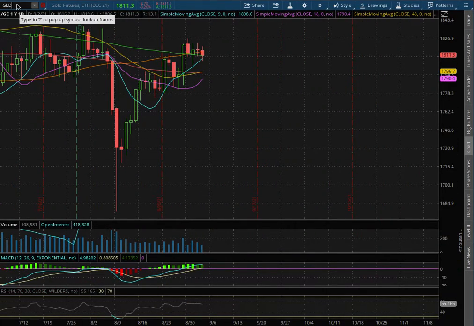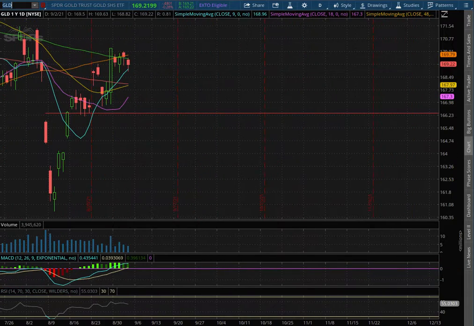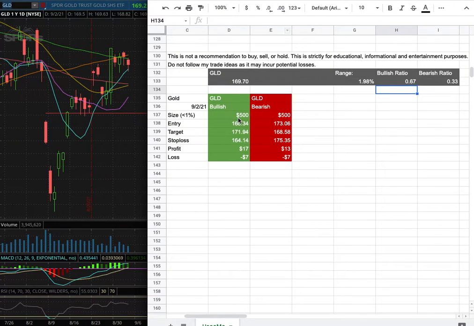As with the trade idea, I'll be trading GLD, and my position size for it is less than 1% of my portfolio. My long entry is at $166.34, and that is this range here. My sell target is at $171.94. My stop loss is at